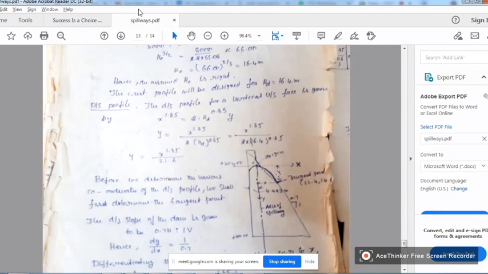Is it okay? Sir, in this question they have given 6 spans, so the number of piers will be 7, no, sir? You have taken 5. 6 spans including abutment.